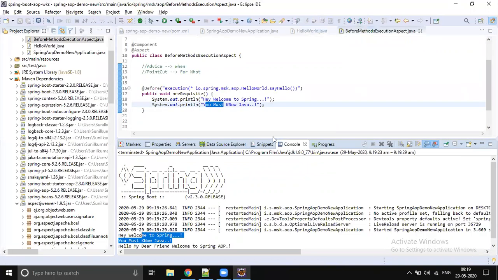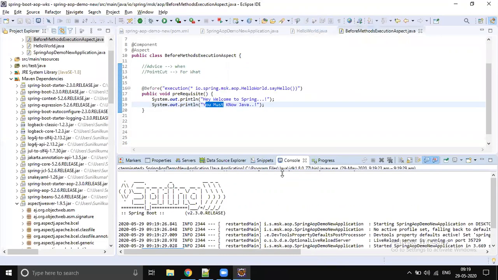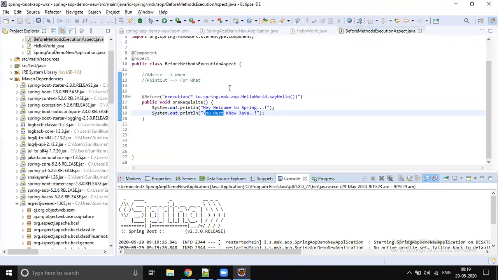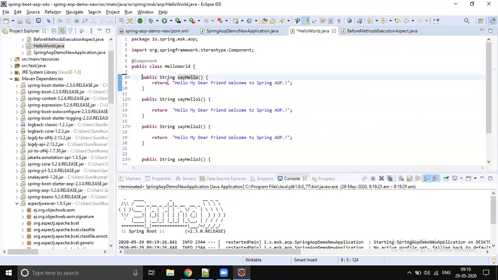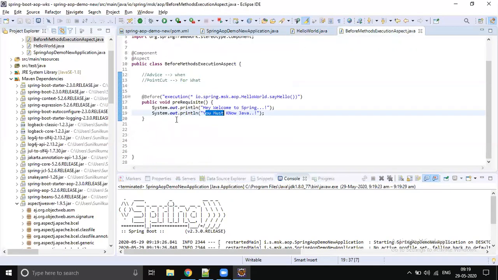The big benefit we're going to get is that we are not changing our business logic method. We are maintaining this separately. This entire concept is called the cross cutting concept.